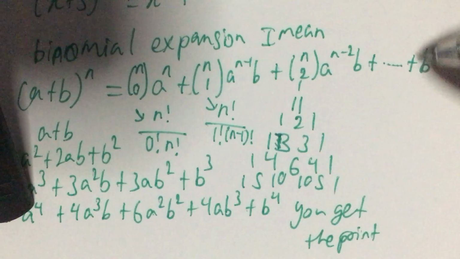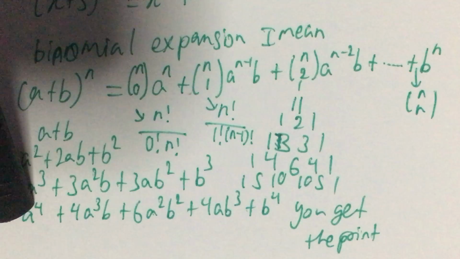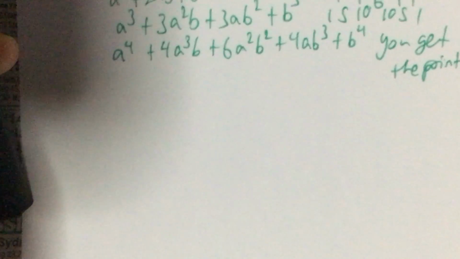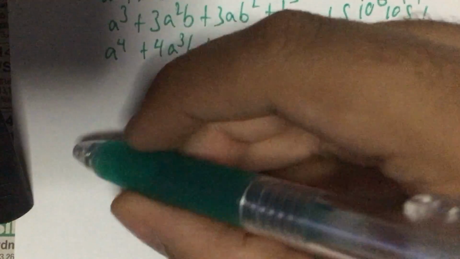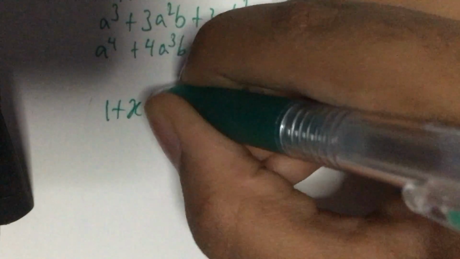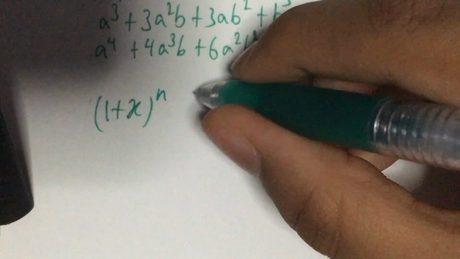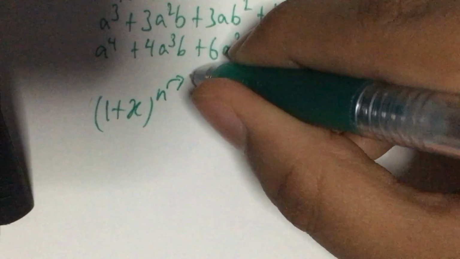Yeah, I'll just write it down. I think that's easier than saying it out because it's annoying to say. Okay, but here they do not actually tell us about (a plus b) to the power of n. They're talking about (1 plus x) to the power of n. And of course, that is a lot easier. It's a lot easier because you don't need to think about if your n is a positive n, it is definitely easier. But here they're actually showing you the